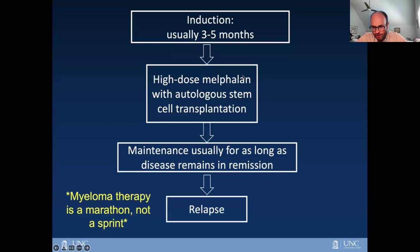For eligible patients, many patients decide to proceed with an autologous stem cell transplantation. That has nuanced risks and benefits that merit their own separate presentation. I've been privileged to give you a presentation about that modality in the past. But after transplant, because it's a malignancy, multiple myeloma is a cancer or disease that we can treat, but usually